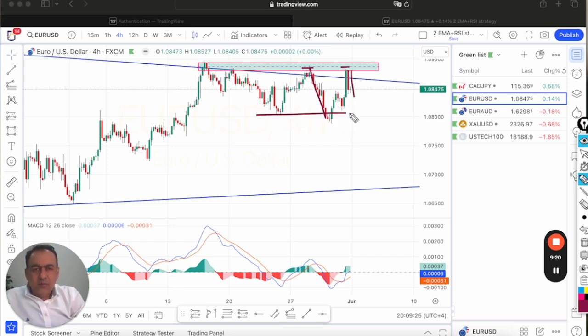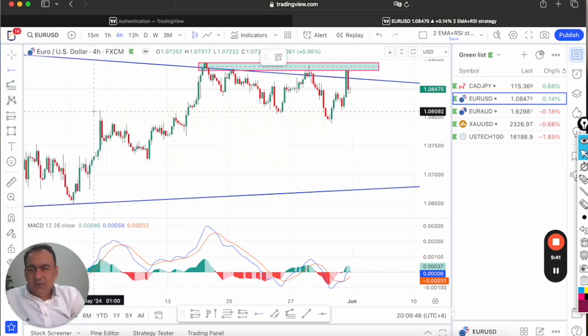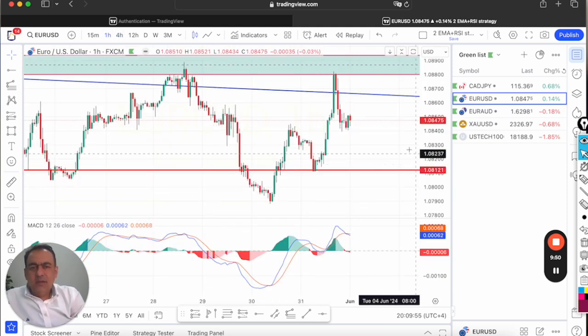Now this is your major support on the 4-hourly chart. If we get a break below, then expect continuation to the lower boundary of the triangular formation. If not, then the buyers may break and continue in the upper direction. So our major area of support is here at 1.0812. Moving back to the 1-hourly chart, I can see that on the 1-hourly chart, again the same area of resistance,